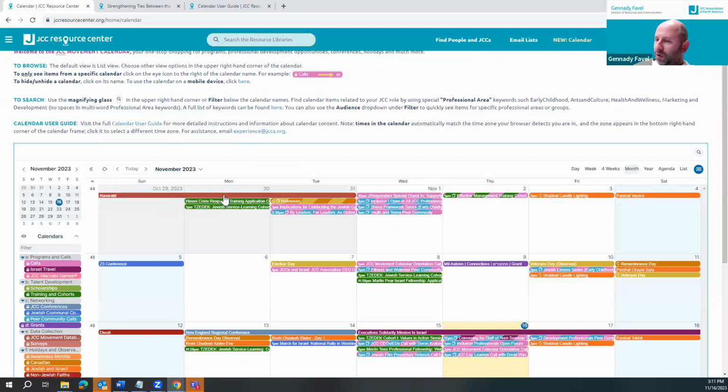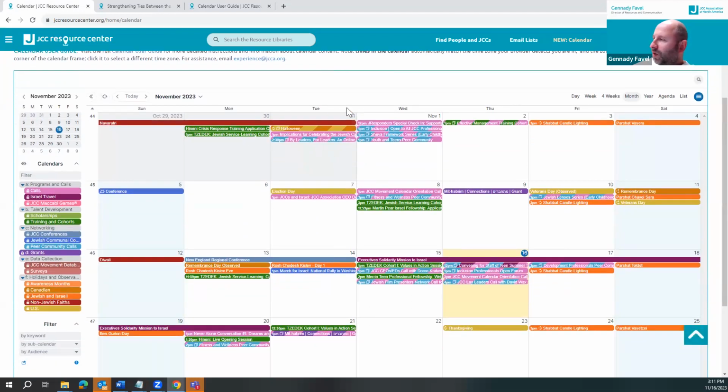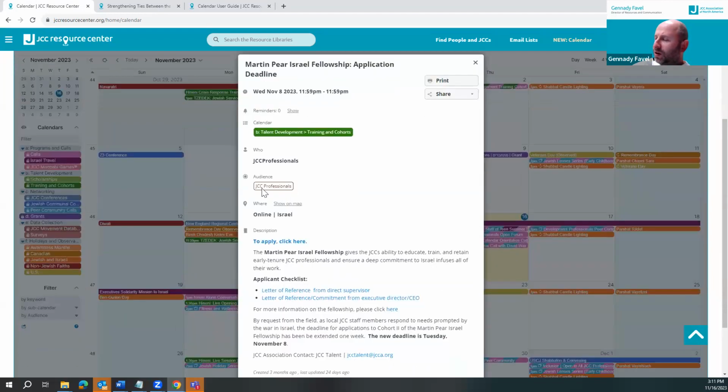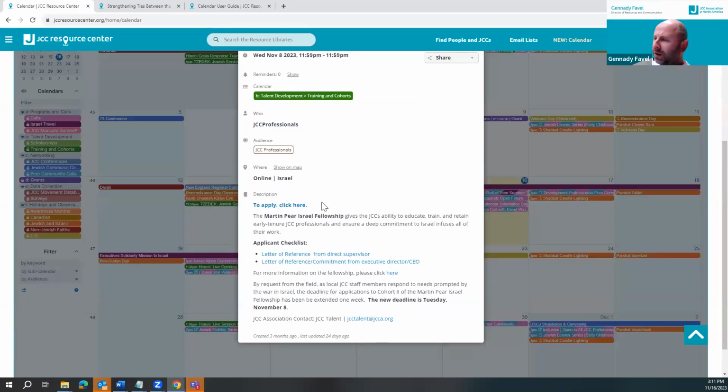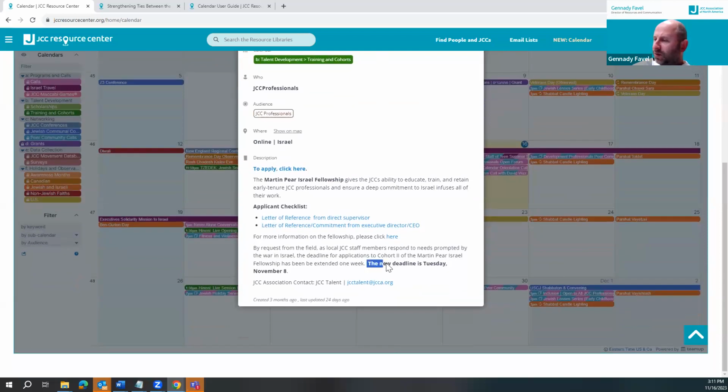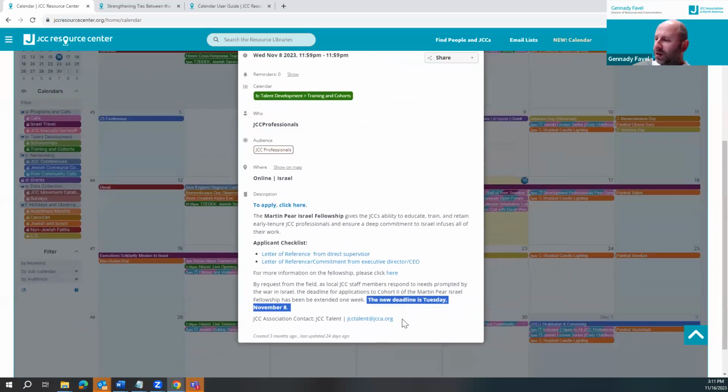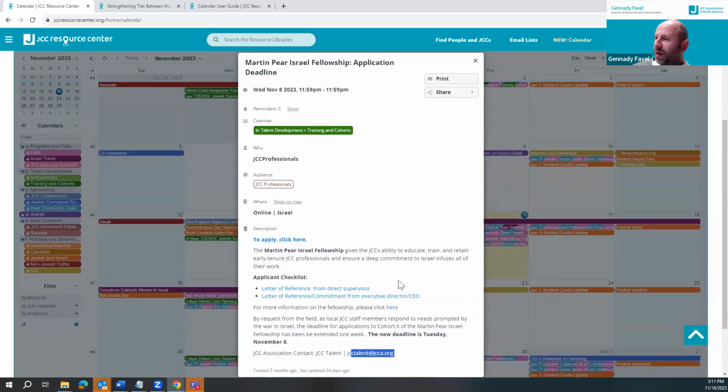Let's take a look at a few more quick examples. For training and cohort opportunities where we're announcing an application, we'll click here. There's a link to apply. There's the deadline, and this deadline has already passed. There's contact information.